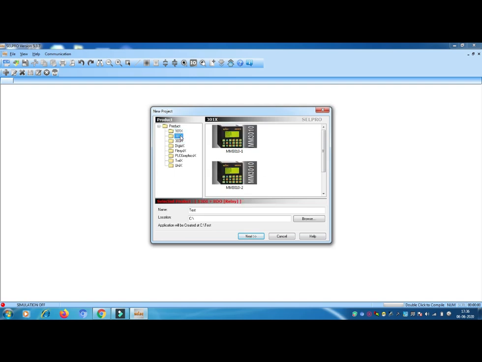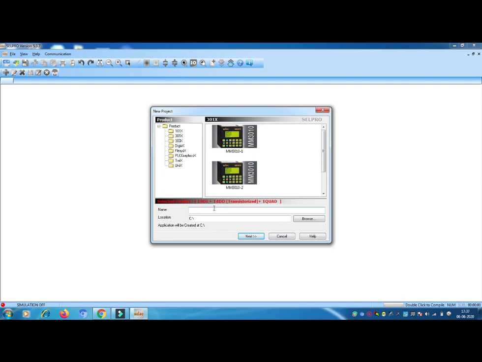Here I'm selecting the 301X, which indicates MM30301. Here we have three types, because this category is defined by the number of inputs and number of outputs. You can select any one of the modules from here because we are doing only simulation, guys. Here you can see the Select product has 19 inputs, DI means digital input, plus 14 digital outputs. So we have 19 inputs and 14 outputs.